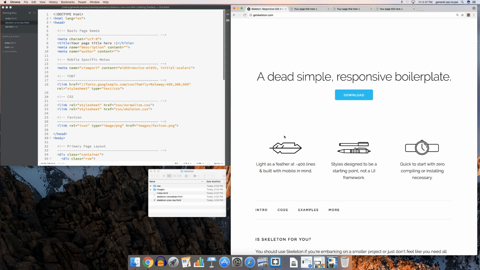Hello, everyone. This is just a basic overview of Skeleton. It is a framework. It is responsive. It is designed to be fairly straightforward. When you get started with it, the first thing you're going to need to do is go to